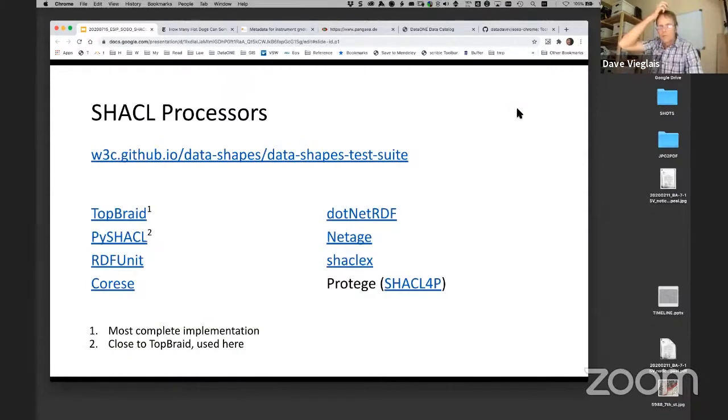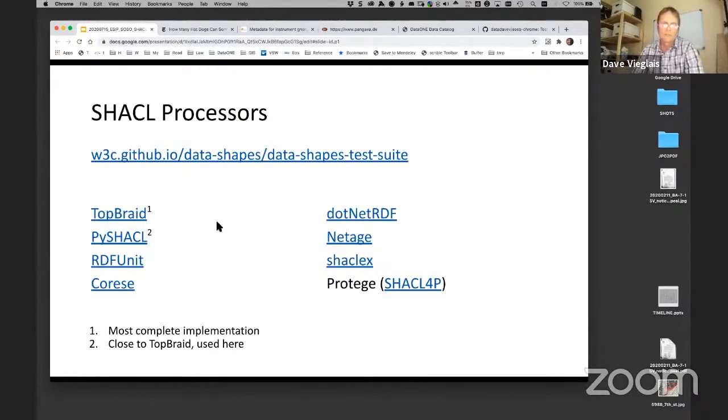There are quite a few SHACL processors out there in varying degrees of completeness. The W3C has a conformance testing framework, which evaluates various implementations of SHACL processors, which you can take a look at.